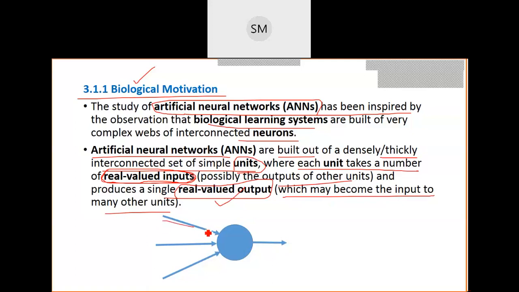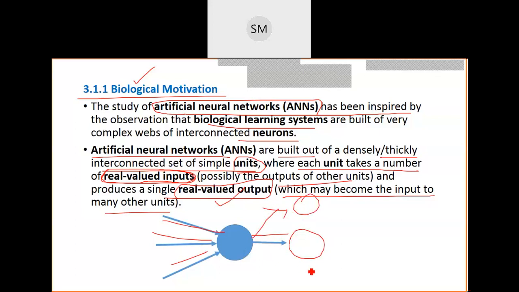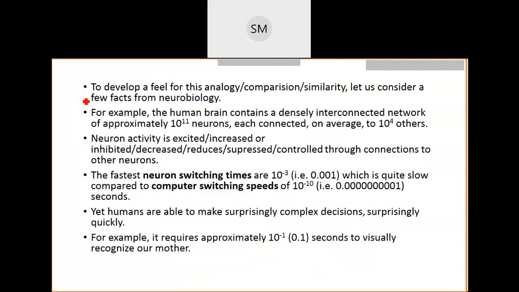Here, this is a unit which takes three inputs and produces one output, and again this output may be input to next layer units, and those units also produce outputs, and like this it will continue. This is how machine learning engineers were inspired by biological neural networks. When we compare the artificial neural network with the biological neural network,